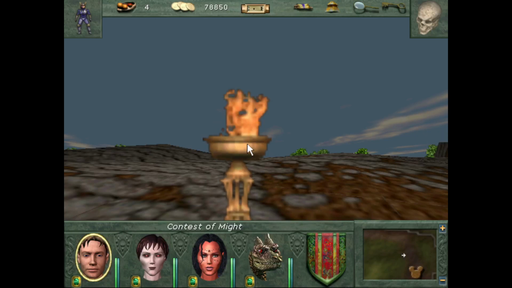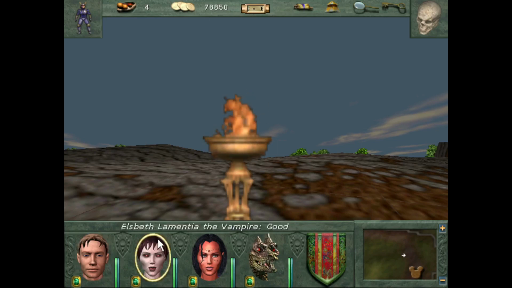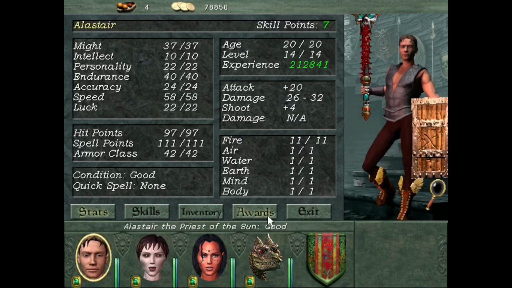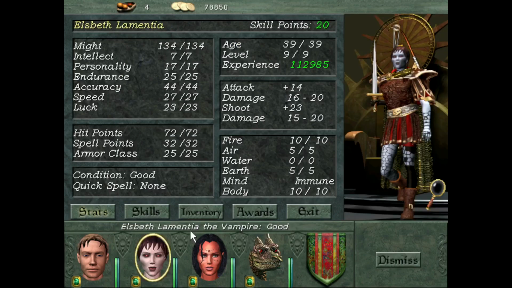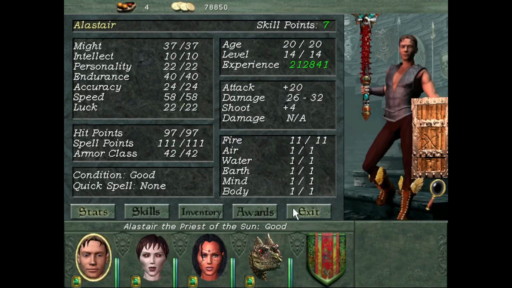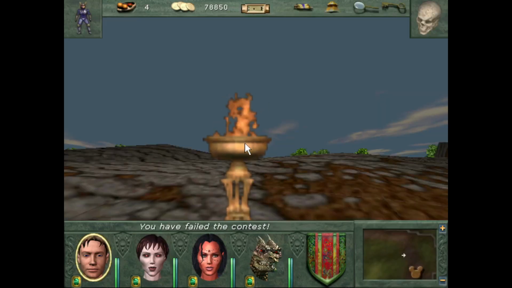So this is the Contest of Might. If you try to interact with it, you will fail if you don't have 50 in the required stat. But if you fail, you can still try again. So Breaker is giving us a bit of might, but not enough. The Berserker belt definitely will give us enough might. And now if we interact with it...